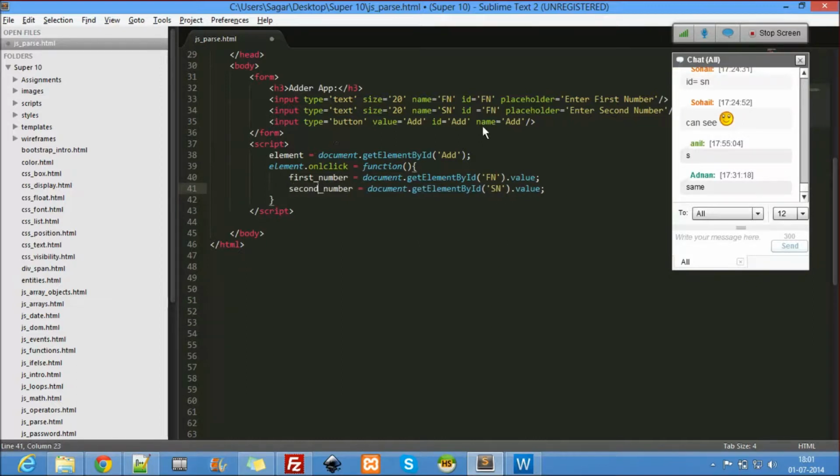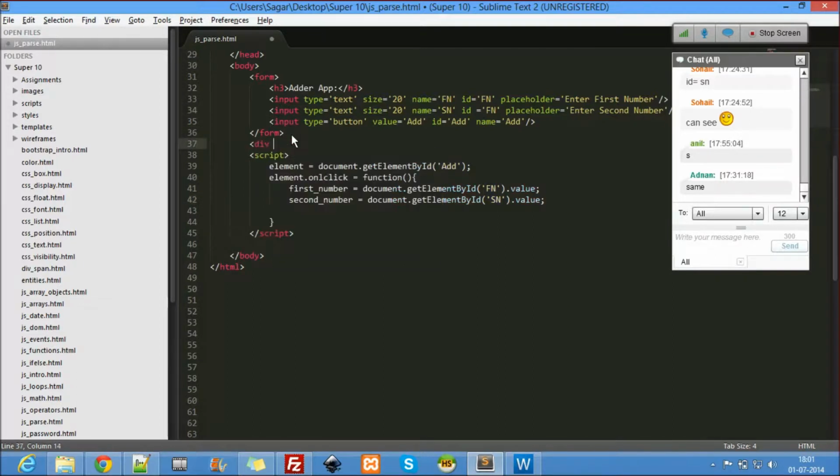Okay, now here what I want to do is, after the form I'll write a div. Let's take id show.